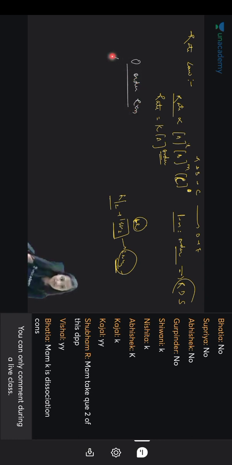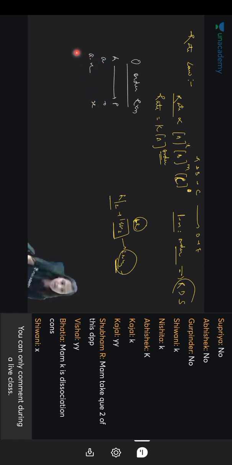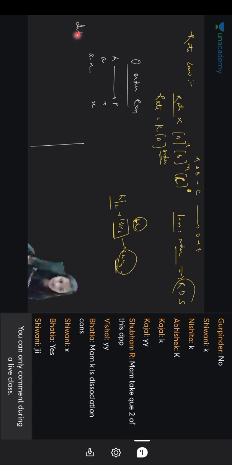For the zero order reaction we have done it, that A gives you P. Initially the concentration is A and P is 0. Later, X dissociates and we are getting it as X. So how will you tell the concentration? You can tell this in terms of reactant as well as in terms of product. If I have to tell in terms of reactant,